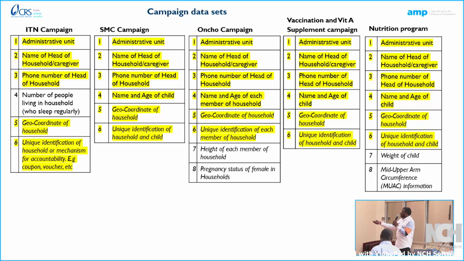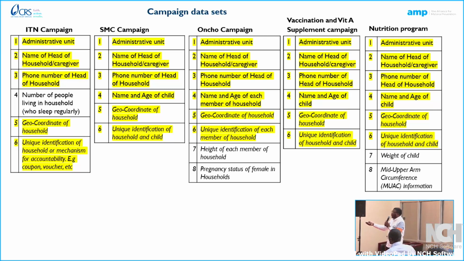By changing number 4. So instead of establishing a household registry, what am I going to be establishing? An individual registry within the household. Does this make sense? So now you can see that just with this simple change of number 4, this data can be reusable for SMC campaigns. Does this make sense? Good.